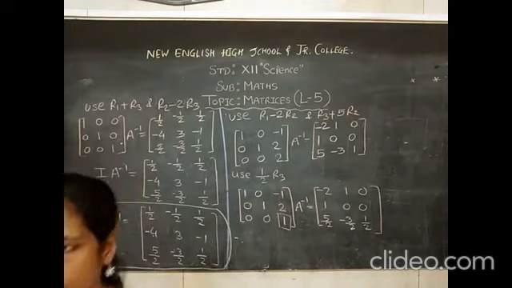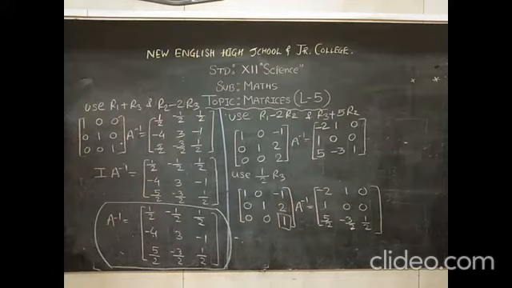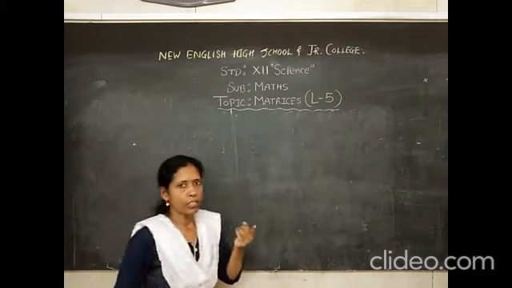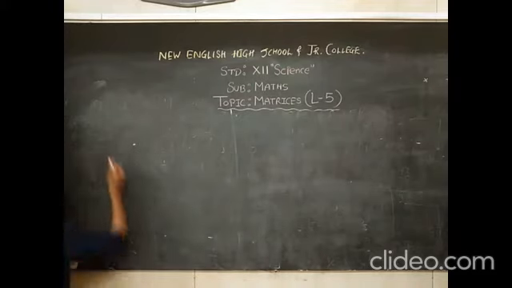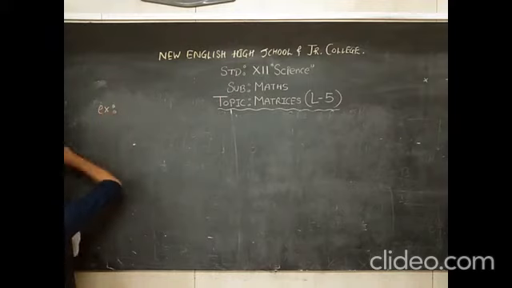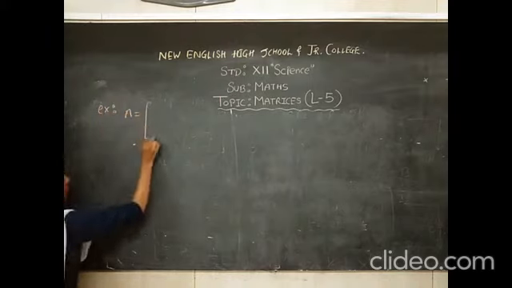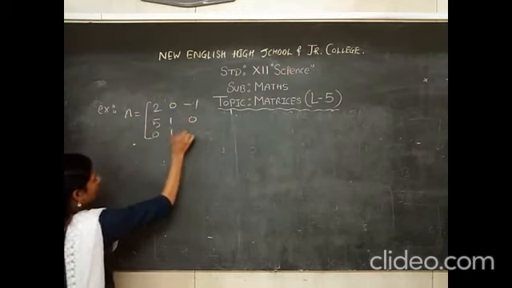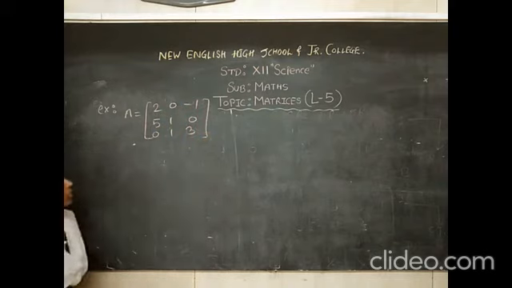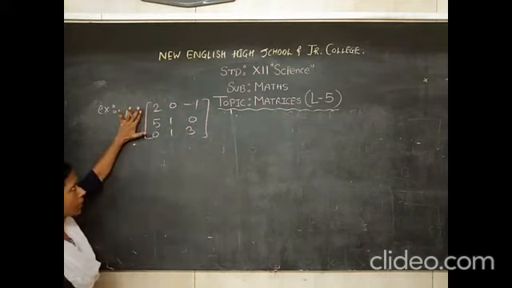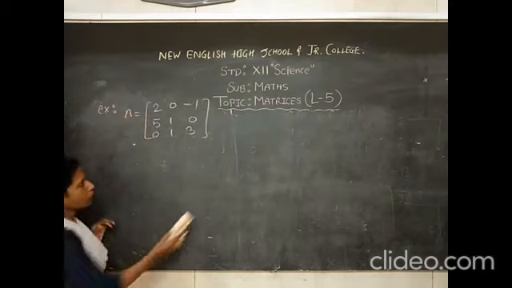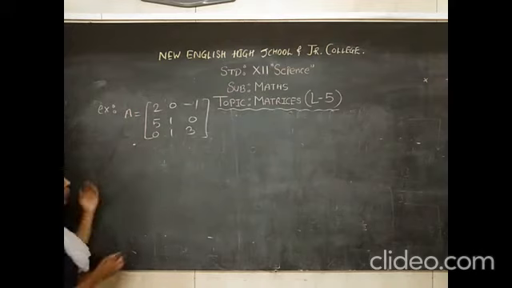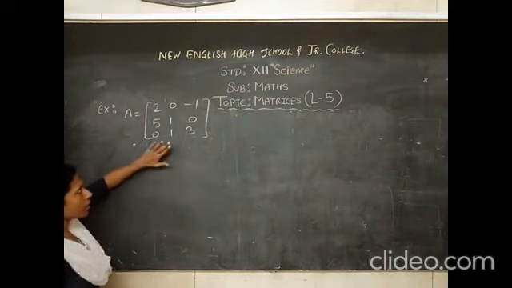Please write. Let me take one more example of column transformation. I will take column transformation. This is a matrix of order 3 by 3. I am going to use column transformation over here. We know in column transformation we should write A inverse into A, but before finding A inverse we will check